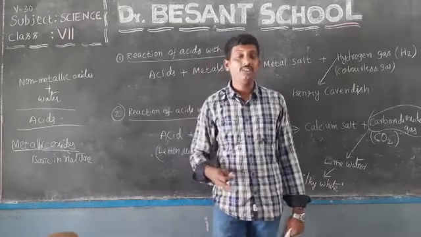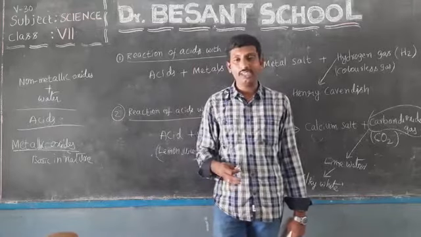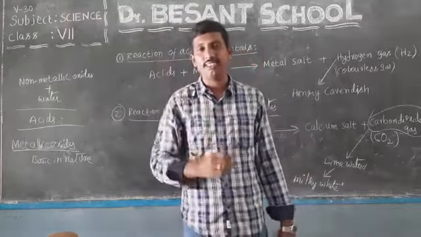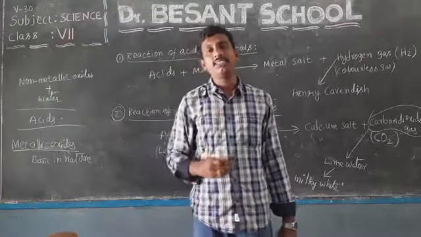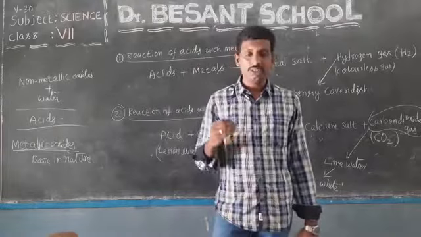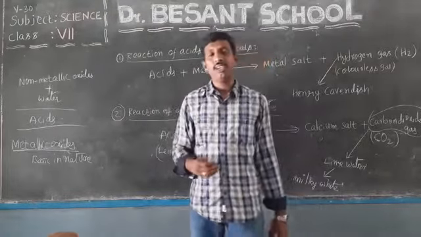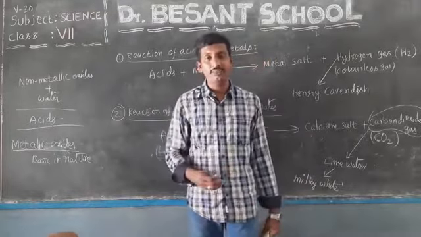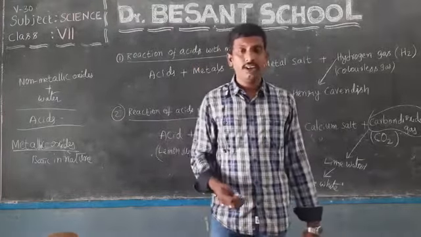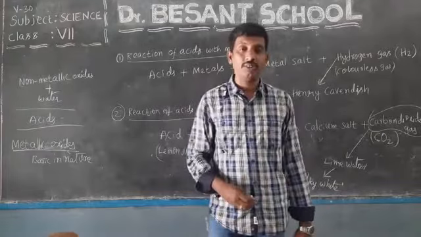I said if the pH value of rainwater changes a bit, when the pH value decreases, the acidic nature will be more. So it has some adverse effect on living beings. Aquatic animals, because of the change in the pH value of water, find it very difficult to survive.